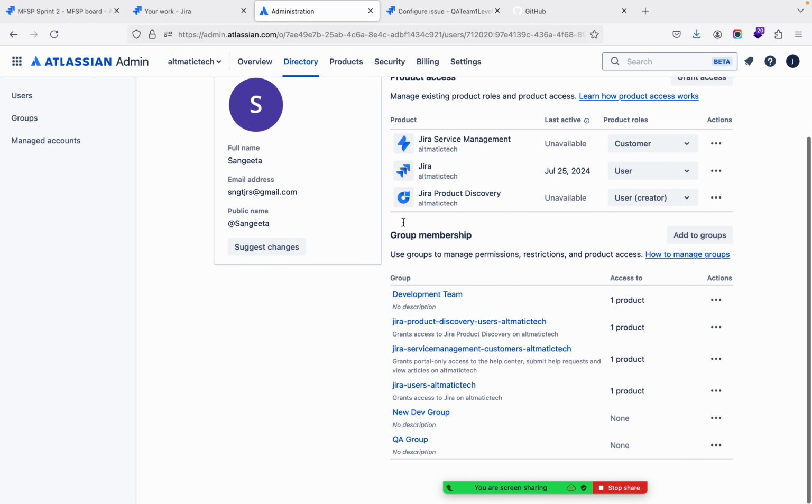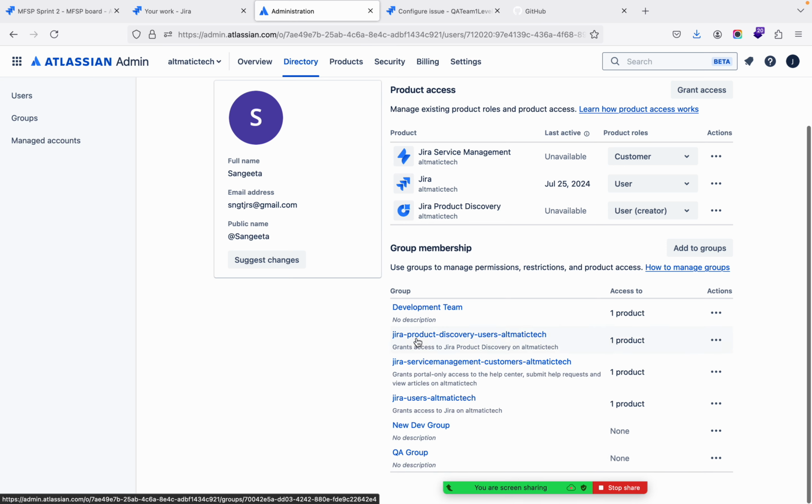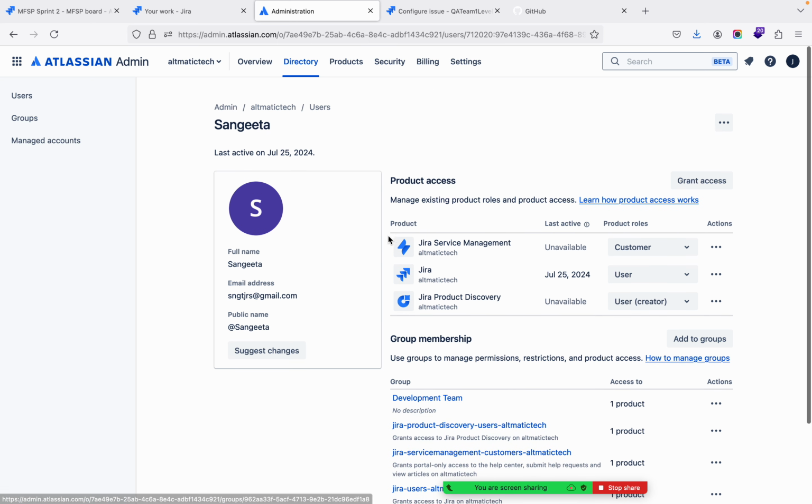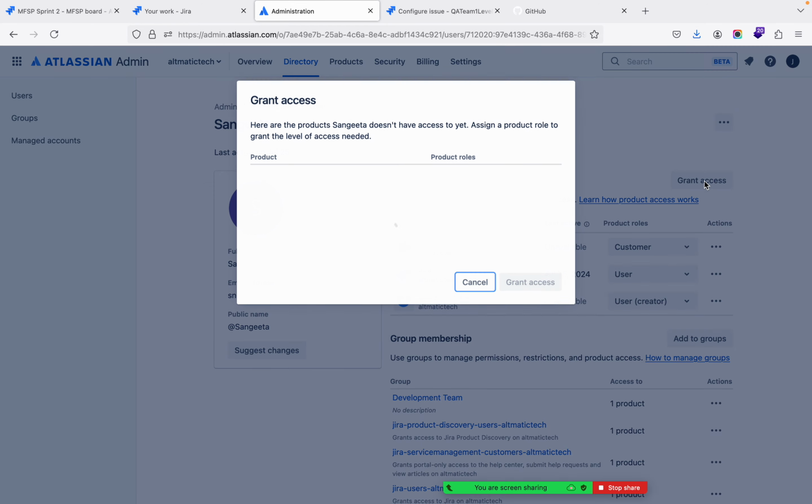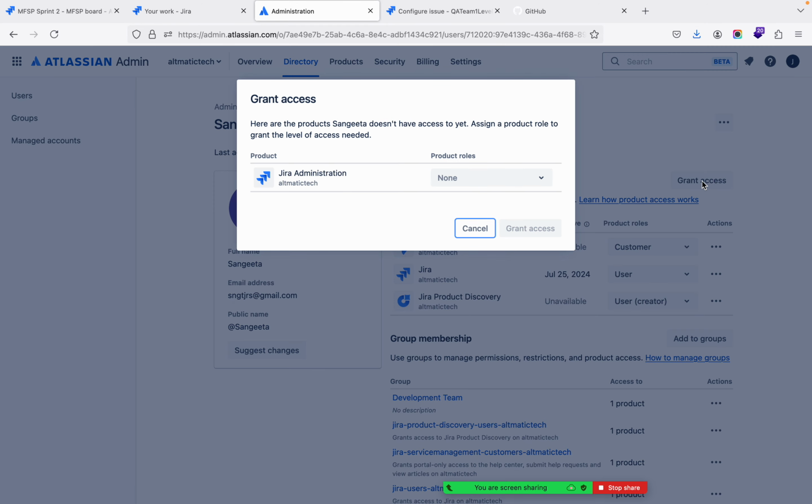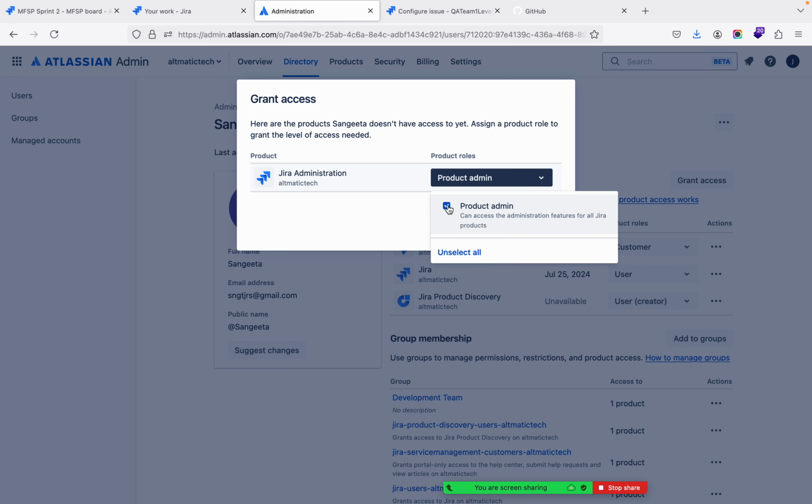This user is connected or linked with which groups, right? And what permissions this user has, what products this user can access. Also it's visual here, you can change it, right? Do you want to make him the product admin? Yes, no,